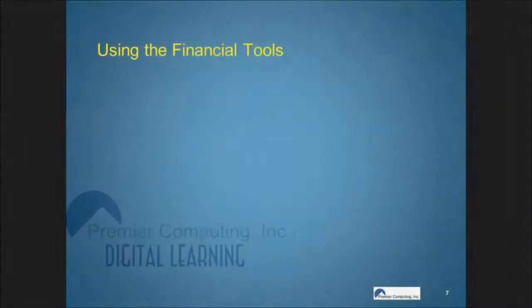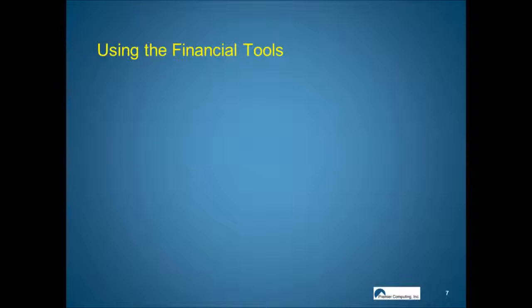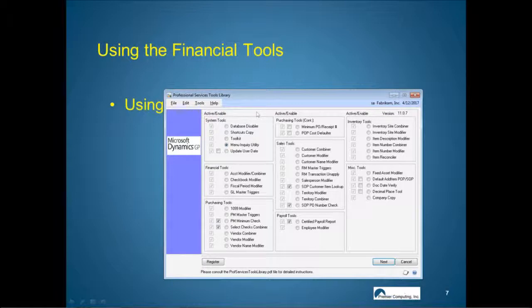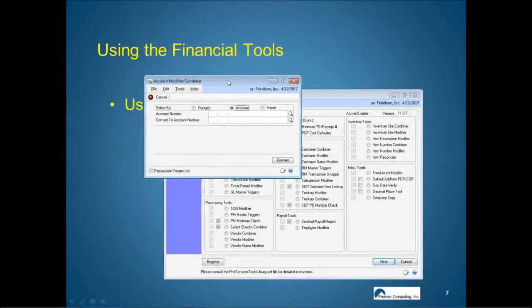Okay, for the next professional services tools suite section, we'll be talking about the financial tools. Under the financial tools, we have what we call the account modifier or combiner. What that tool allows a person to do is, you click on the radio button and you hit next, and when that opens up the next screen, you'll see